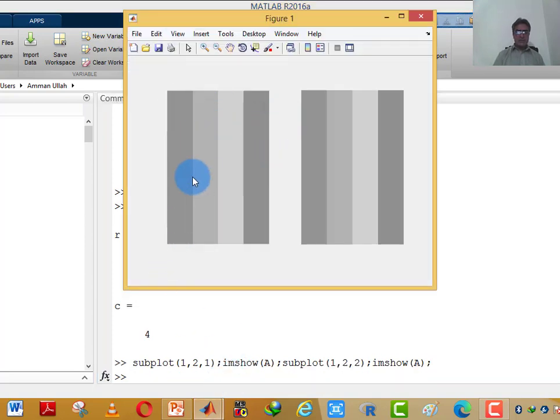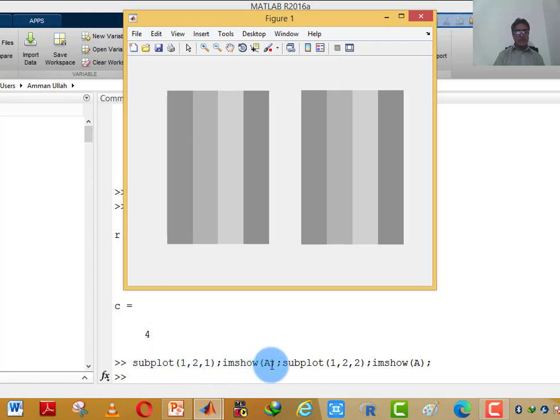This is one row and two columns, and at one row, one column the computer displayed the image A, and at one row and second column it also displayed the same image A. This is actually the subplot command.